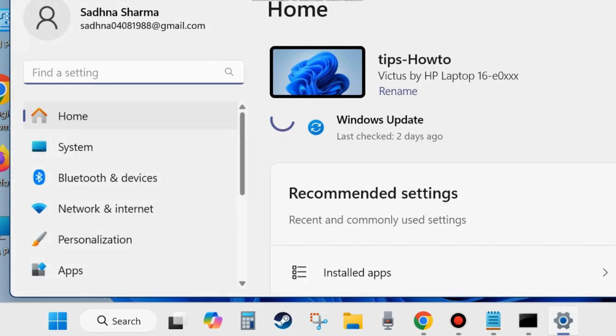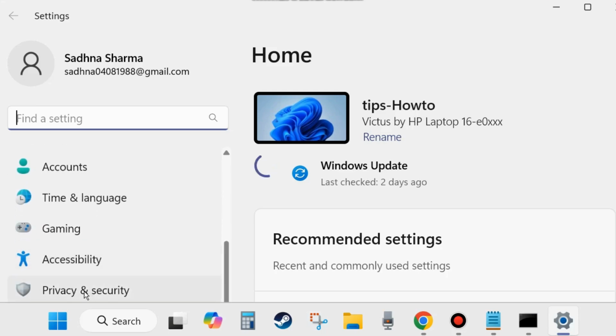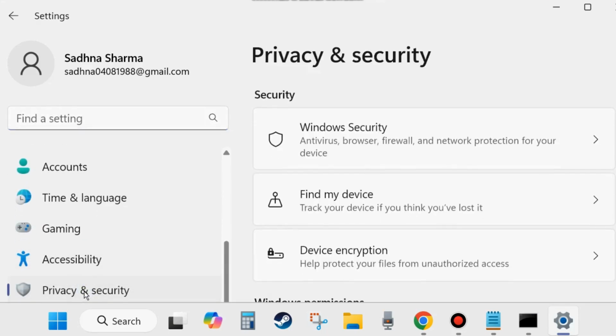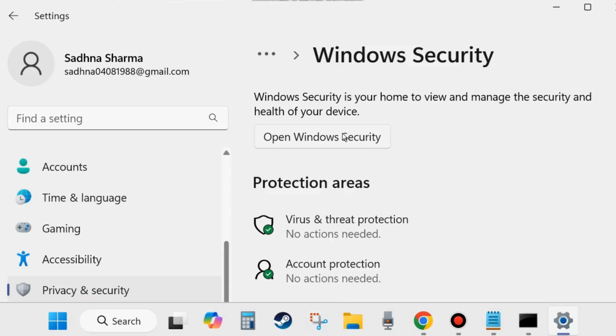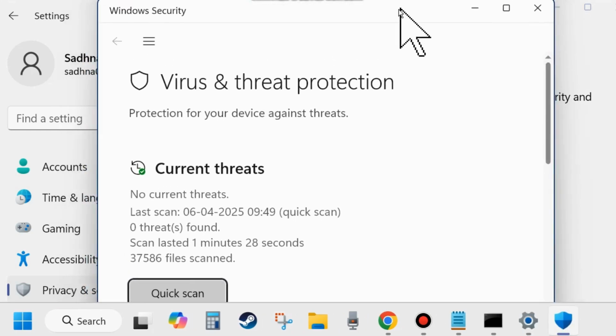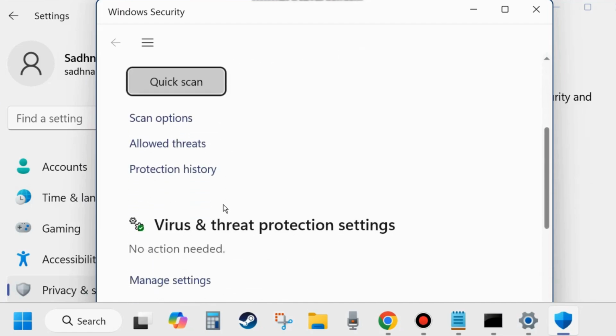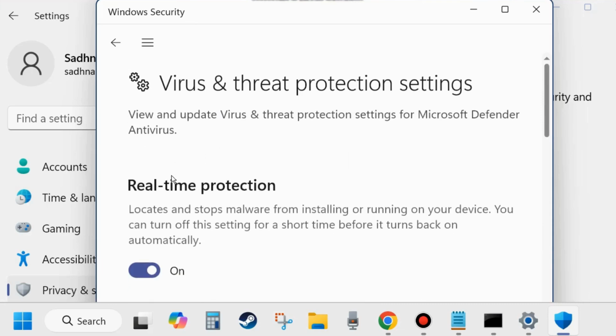In Settings, from the left side, go to Privacy and security, scroll down and click on Privacy and security. Thereafter, from the right side, click on Windows Security. Here choose Virus and threat protection. Click on it. Here scroll down and you will find Virus and threat protection settings. Click on Manage settings and